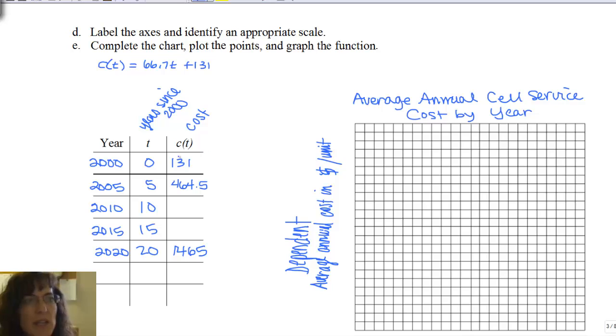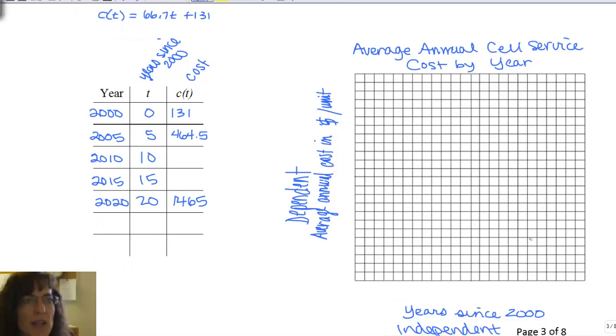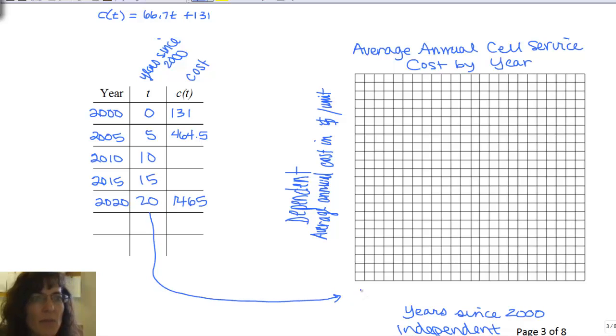And so now I can see I need to go from 131 to 1465. And to do that, I need to go up to about $1,500. I need to put in my domain, the independent variable over here, those are my t's, that's what's going to go there. And I have 0 to 20, so maybe just start 0, of course. Always start 0 right at the edge there. Don't skip any. So whatever scale you have has to work for the whole way across the x-axis. We never skip on the x-axis. So 0, and then maybe that's 5, 10,